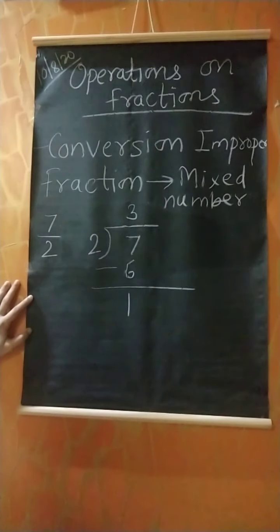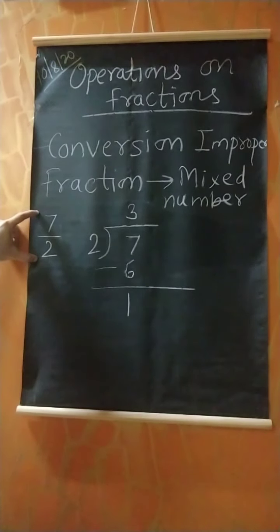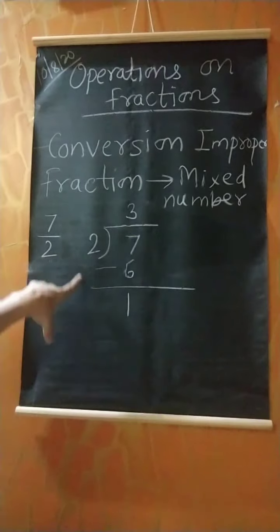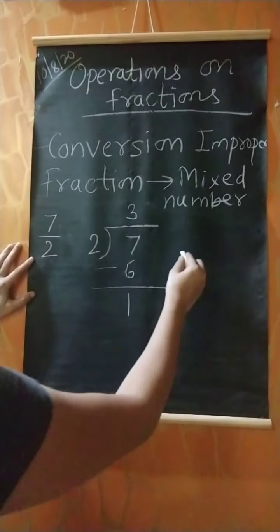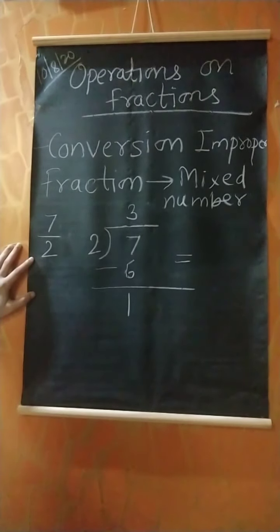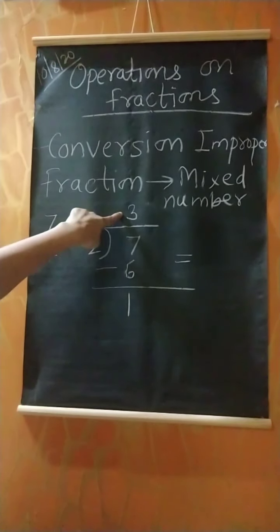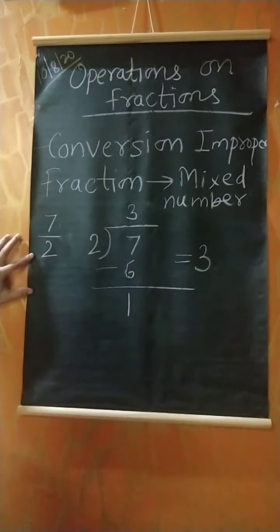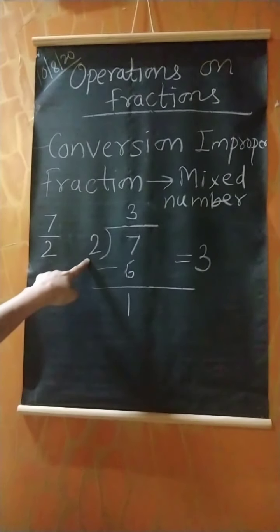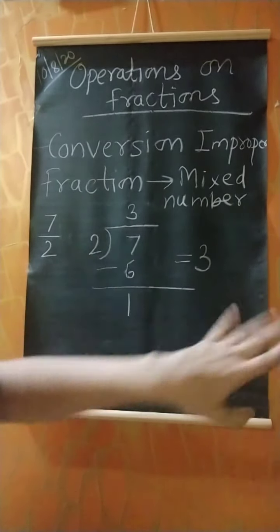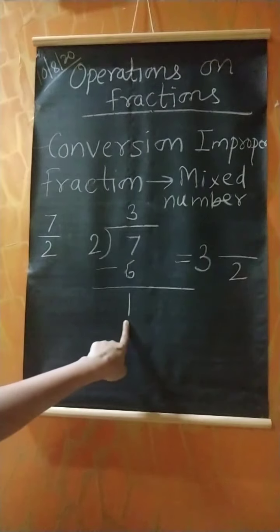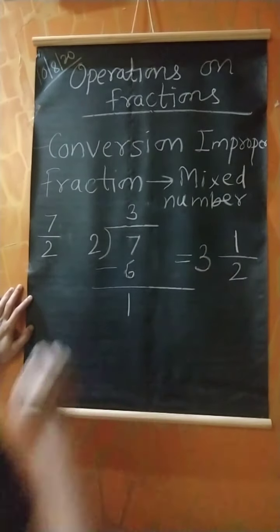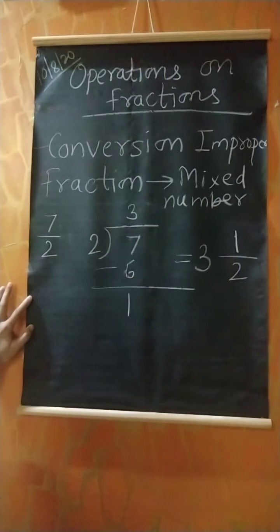Now see how to write this mixed fraction or mixed number. This is your improper fraction. From this you are getting this division part, and from division you are writing this mixed number. Now see how to write. In this division process, you get this 3 as a quotient, you write it here. Your denominator, which is your divisor, always goes in the denominator only, and your remainder, that is 1, will be here. Does everyone understand? Shall I repeat it again?